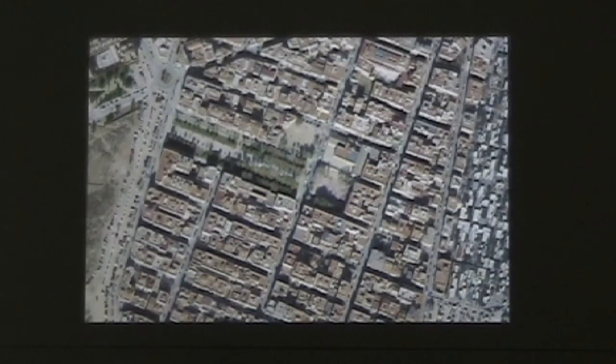So our site is actually privileged because we're facing a green area. Two of the four sides of the building face green spaces of the city. This part of the city is actually a little problematic, so there are social issues that have to be faced somehow in the program and in the location of the program here.